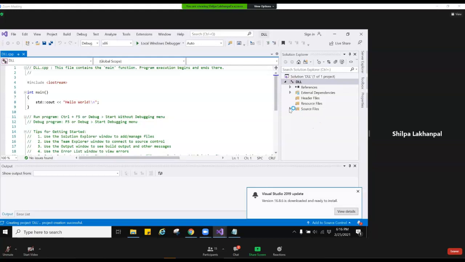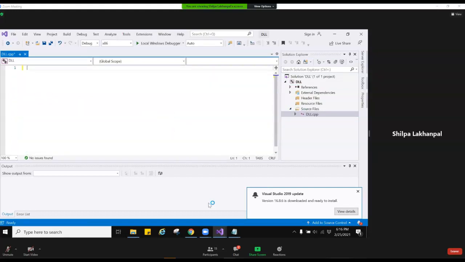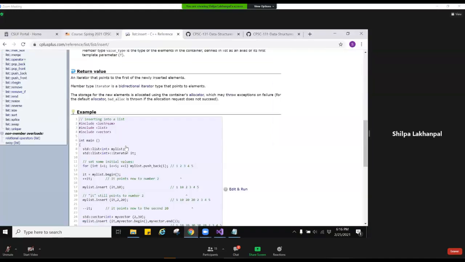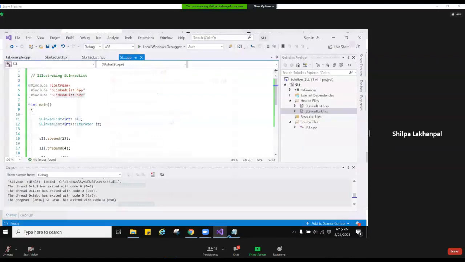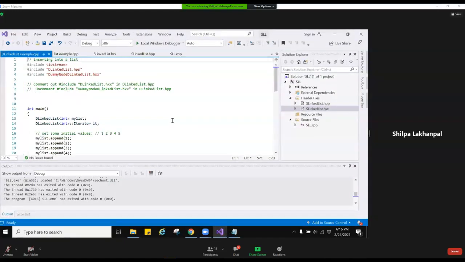So if you have a dll.cpp over here, that's just a hello world, so you can get rid of that. And now there is a d-linked list example on Titanium, so you can download that and copy that into your new project source file.